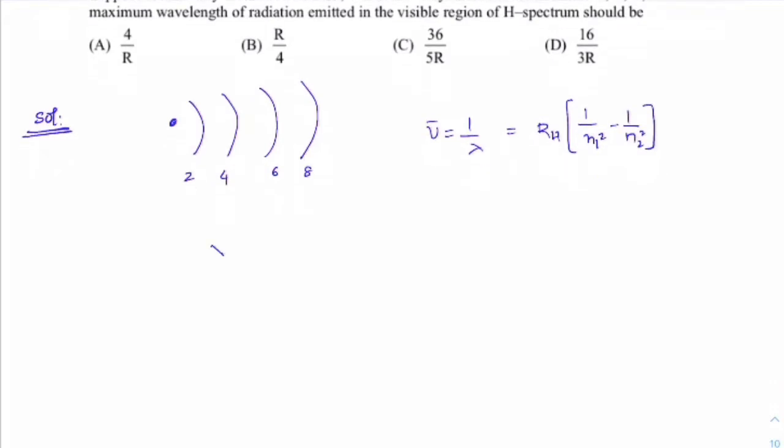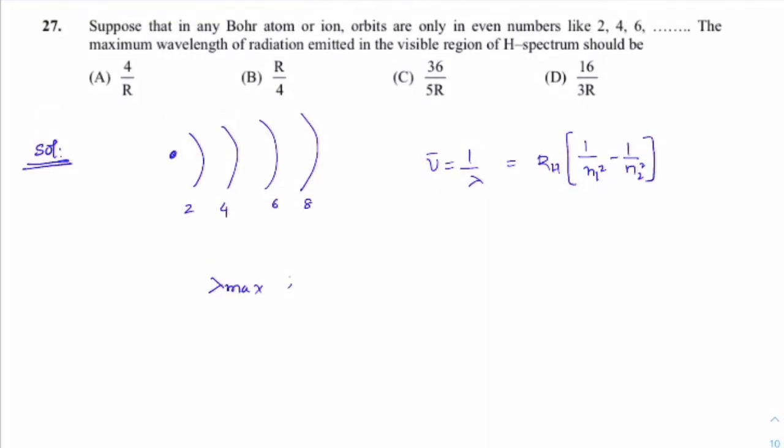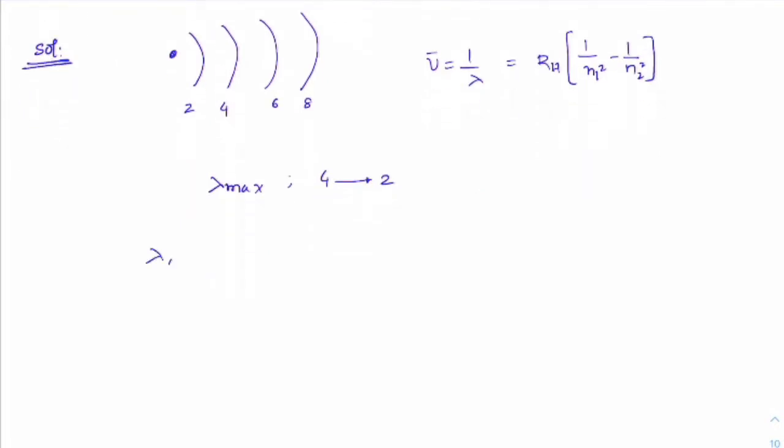Now if lambda has to be maximum, the transition has to be the closest, which means the transition must be from 4 to 2. So 1 by lambda for 4 to 2 will be equal to RH into 1 by 2 square minus 1 by 4 square,